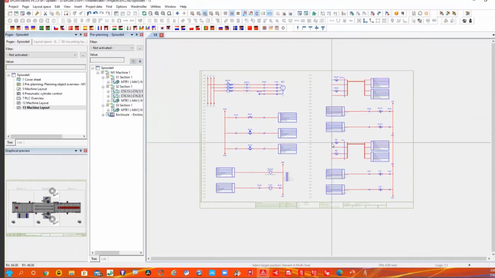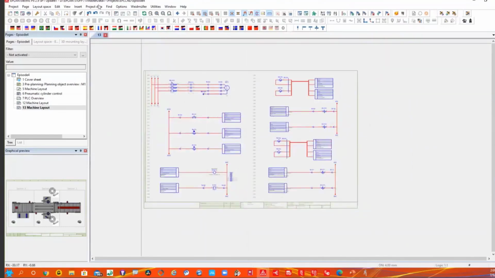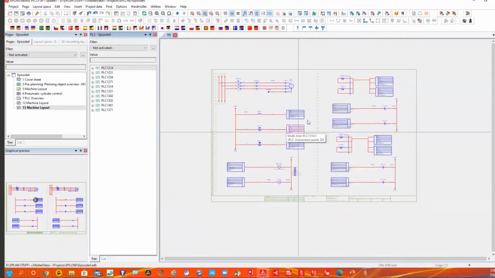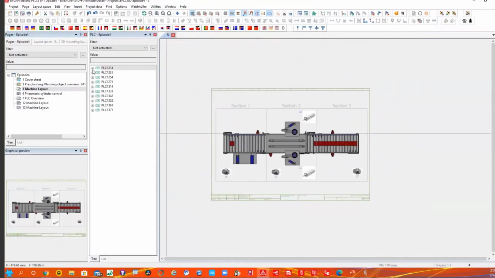Now, of course, as we're using and building up our schematics, we're putting PLC information inside the schematics. And that PLC information will be found inside our navigator, depending on the IO. And as we saw previously, even from this particular environment, we can create different PLC overview sheets that will give us a lot of detailed information. And we'll end up using other tools to merge that. So just as we saw in the animation previously, we want to try to avoid that separation